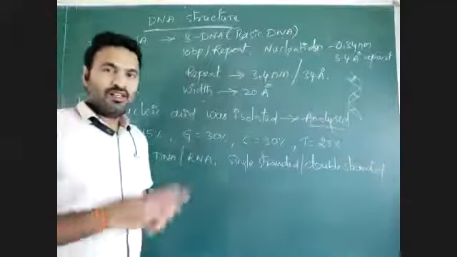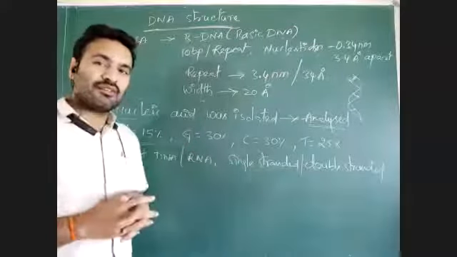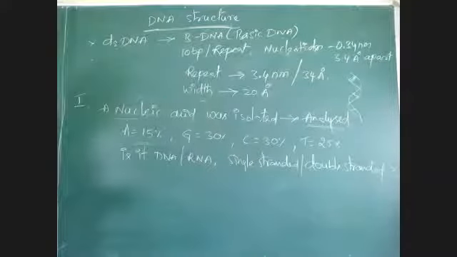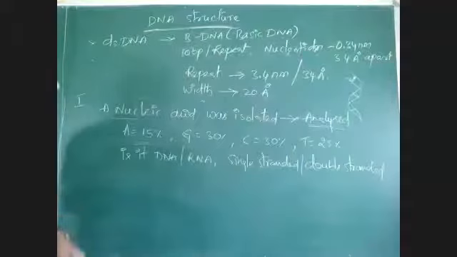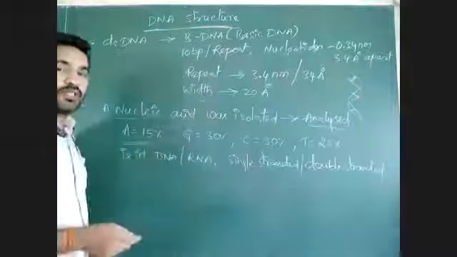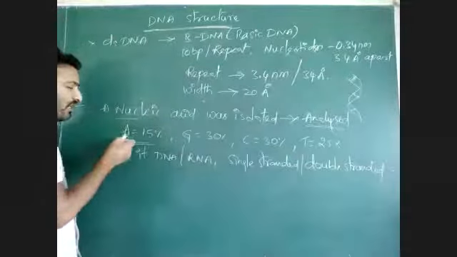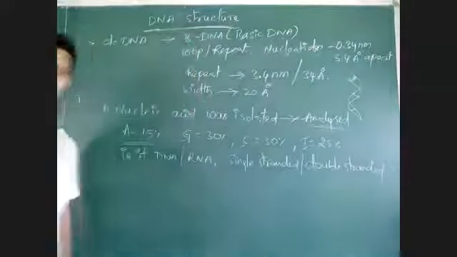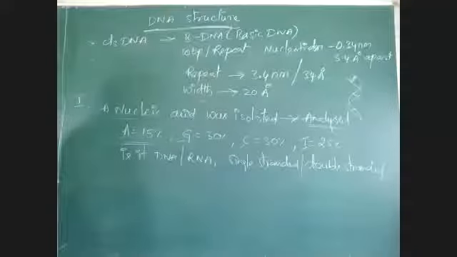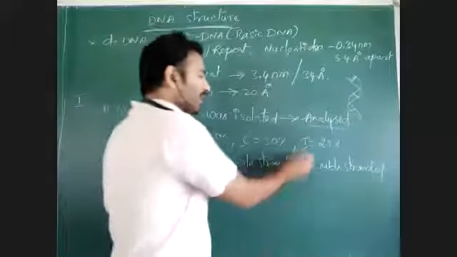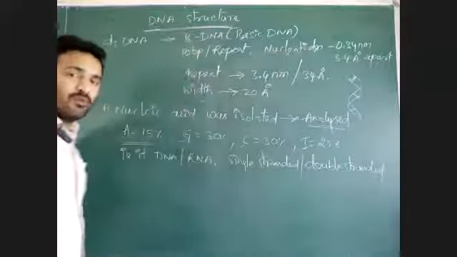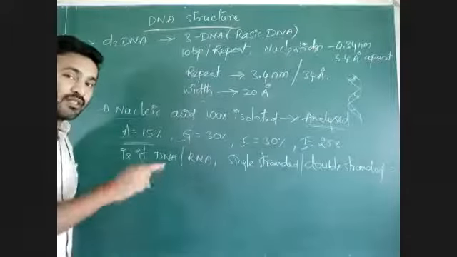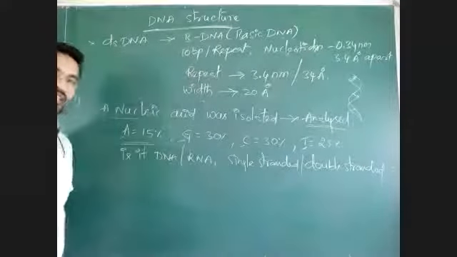We know the Chargaff rule, right? We need to apply the Chargaff rule here. First, to know whether it is DNA or RNA, we need to check the nucleotide composition. What are the nitrogen bases present here? Adenine, guanine, cytosine and thymine. Adenine, guanine, cytosine are common in both DNA and RNA, but thymine will be there in DNA only, whereas uracil will be there only in RNA. But here thymine is there, which means it is DNA. Whether it is single stranded or double stranded?